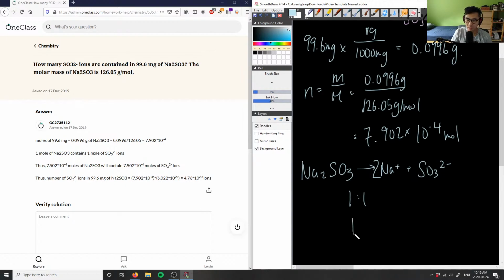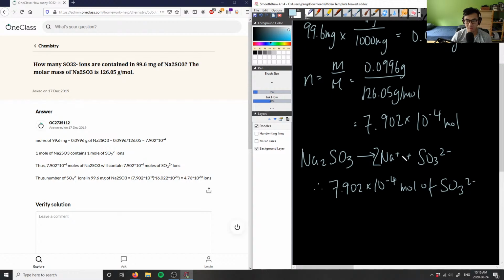If we were asking for sodium, it would actually be a 1-to-2 ratio because there's 2 sodiums on this side to balance out this equation here. So if it's a 1-to-1 ratio, that means we know that we have 7.902 moles of also our sulfate, right? So therefore, we can say we have 7.902 times 10 to the negative 4 moles of SO3 2-, and then all we have to do is multiply that by Avogadro's number to get us our